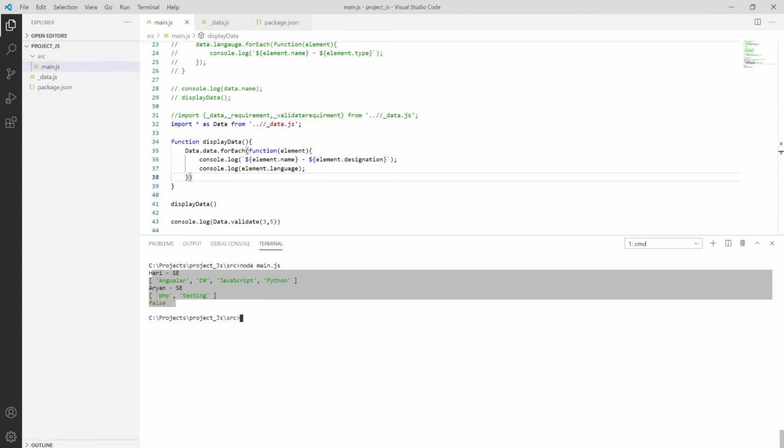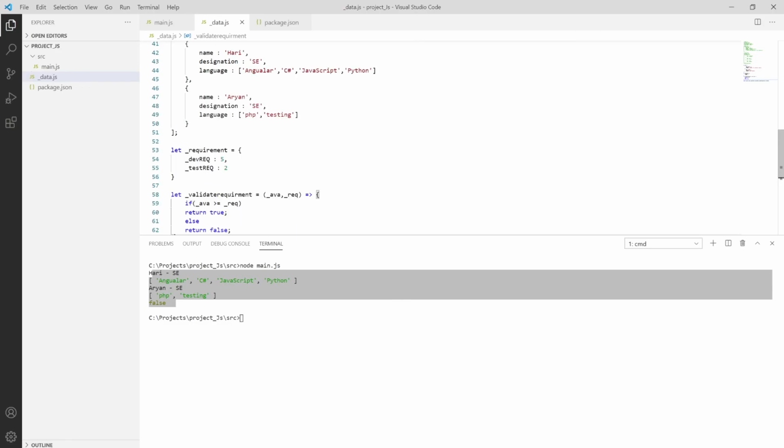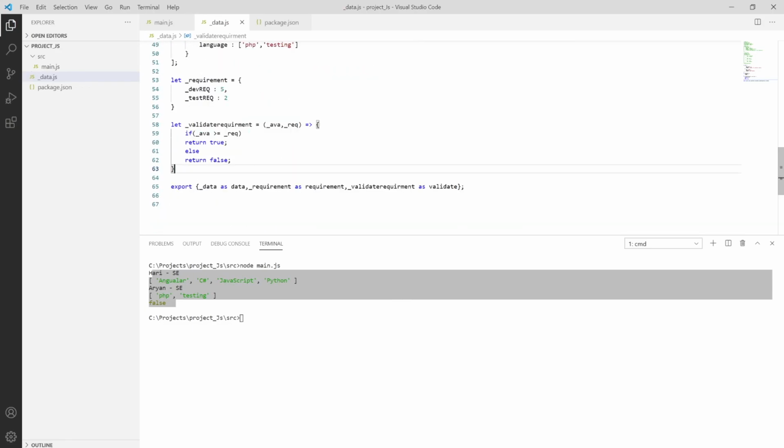Now we have combining export statements. We can also use the named export and default export together in our main.js or in our _data.js. So how can we use that? Let me give you a quick example. Here, as you can see, we have variables one, two, and three defined. Say I don't want to declare the variables and export in this manner.